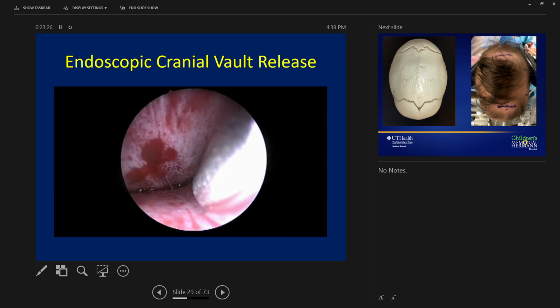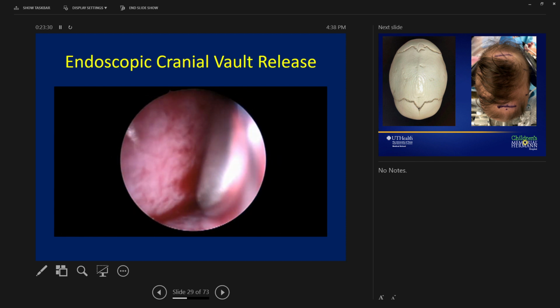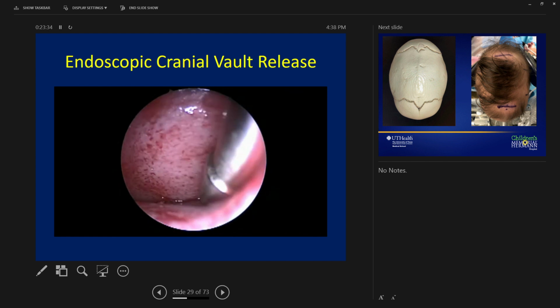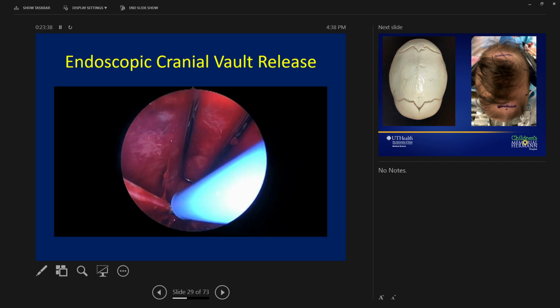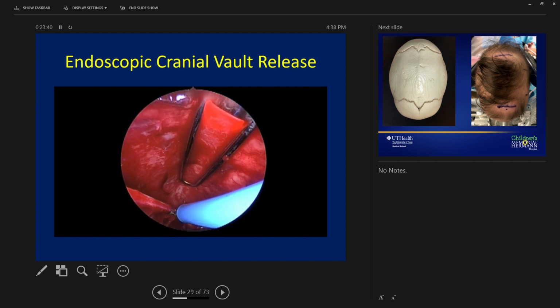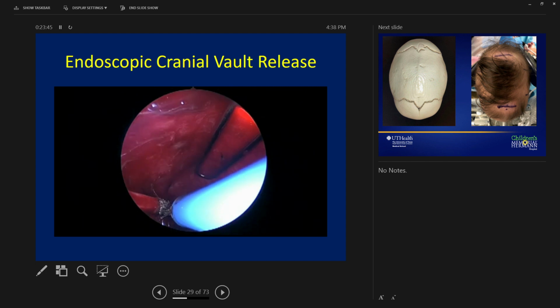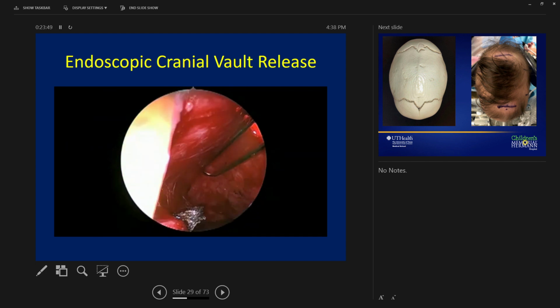And we need to do this so that we can use a heavy scissor to cut away 3 centimeters of this prematurely fused suture. Once we do that, now we're going to burn the edges of the bone, again, to reduce the amount of blood loss, because this is a small child. This child is about 2-3 months of age, and they don't have a large circulating blood volume. It's a critical part of the procedure. So now that we're done,